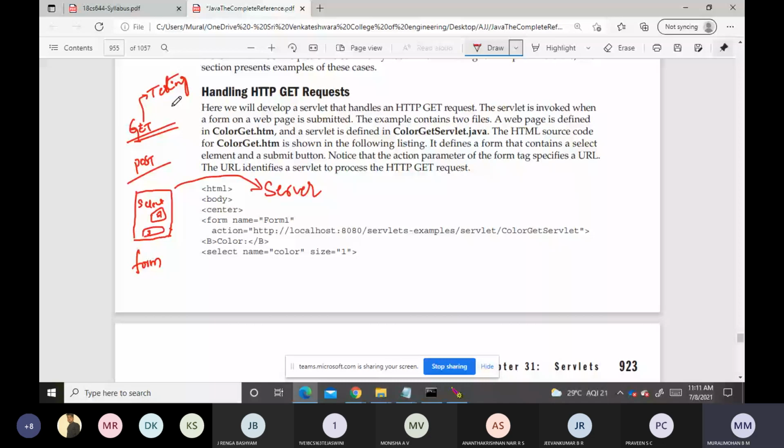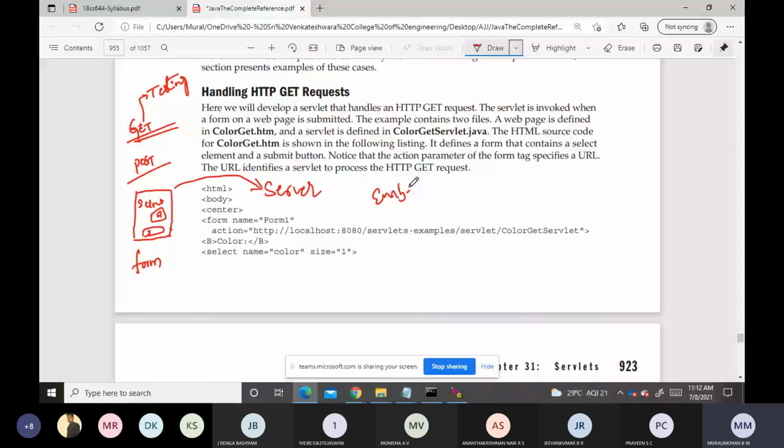Suppose we select green; the option is also sent along with the URL.